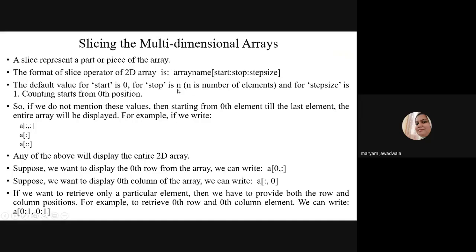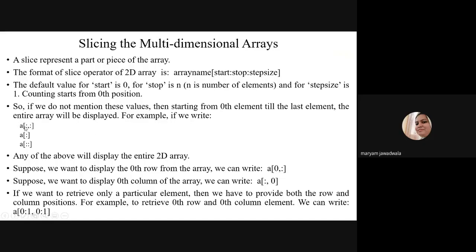For stop is n, means what? By default, the stop value is all the elements present in the original array. The step size represents 1, right? So if we don't mention this value, then starting from the 0 element, if we don't mention any of the parameters,